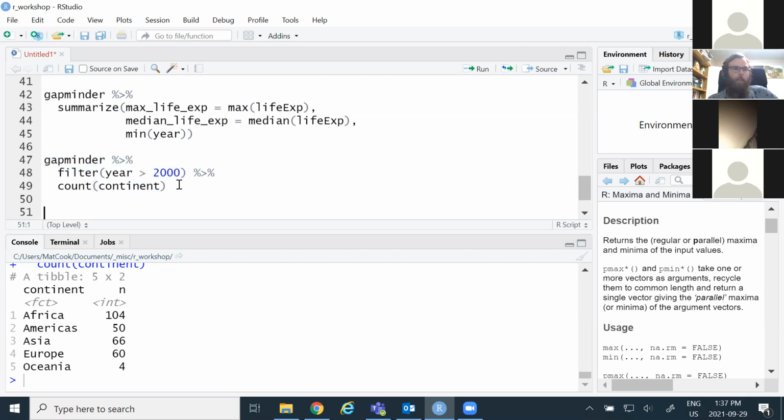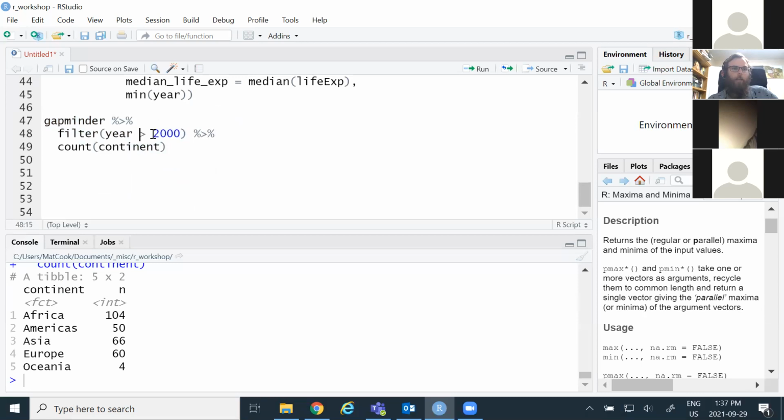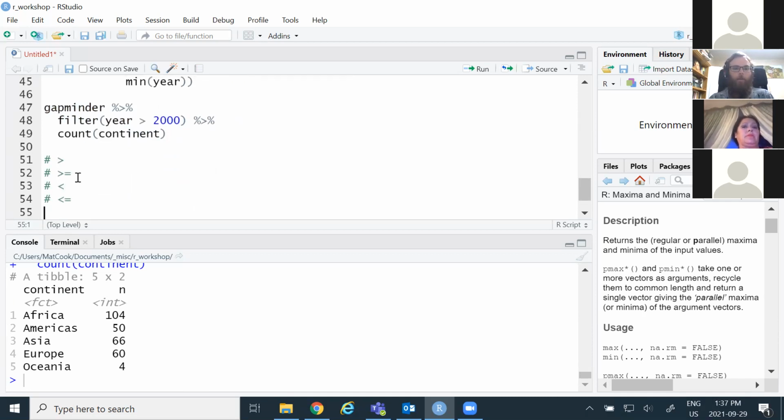So you'll notice here that I filtered this year by using the greater than symbol, but there's lots of other what they call relational operators that you can use. So we've looked at greater than, but you can also do greater than or equals. You can do less than. You can do less than or equals. And then if you wanted to do